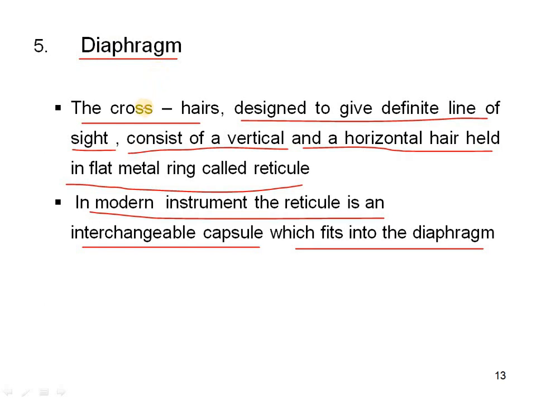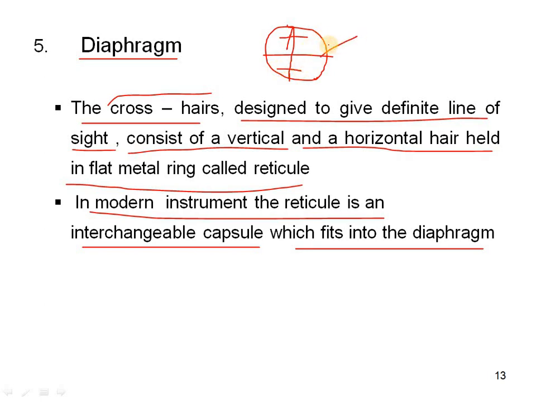Modern instrument means an advanced instrument. In that instrument we can change the diaphragm lenses, just like nowadays we are using cameras. For cameras we can change the different lenses also. So just like that, the instrument also has lenses for clear objects. So the crosshairs are mentioned. So what is the crosshair? In the object glass we can see a round circle will be there. In the round circle we can see a center line will be mentioned and a cross line will be mentioned, and the top and bottom lines.